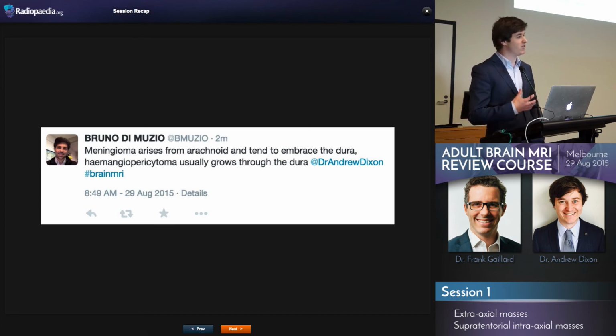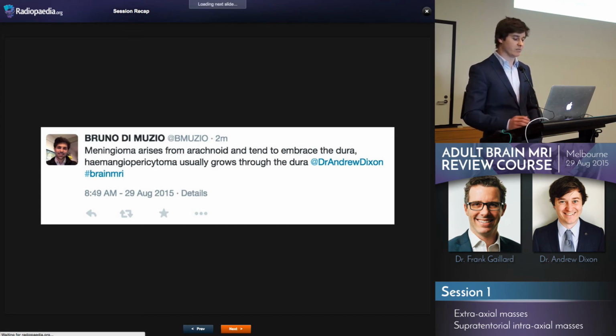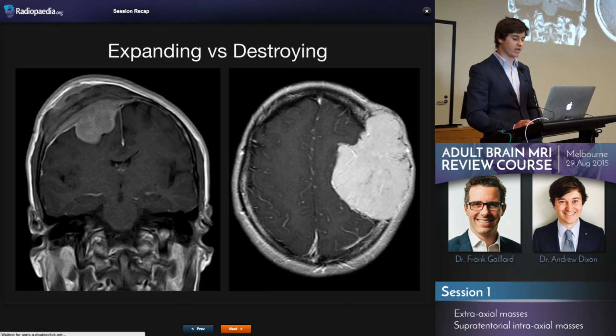And the fact that the hemangiopericytoma tends to grow directly through the dura and it grows through the bone as well, whereas the meningioma tends to have a slightly different pattern. Just have a look at those images that Frank used again. Here's the meningioma, and you can still see the cortex of the bone on both sides. You can still see the bone marrow. So that tumour, even though it's got extraosseous extension, is respecting the cortex, okay, and moving through that bone